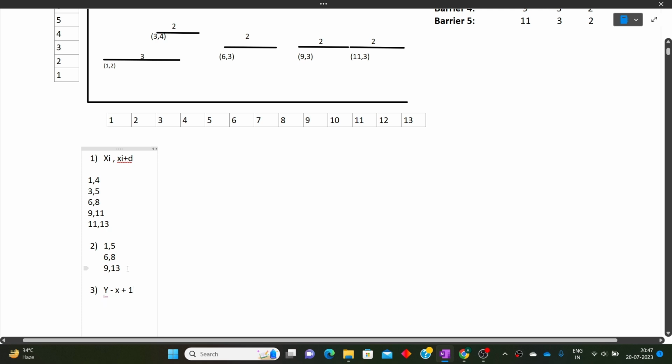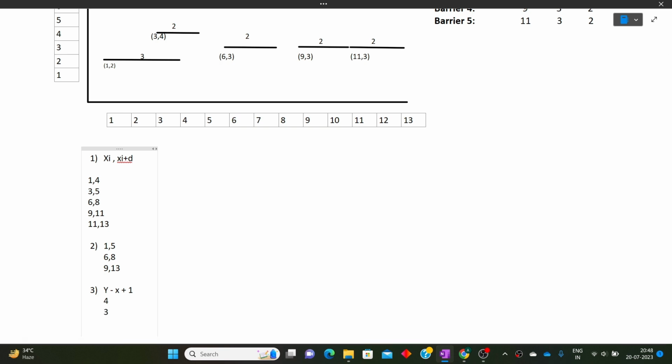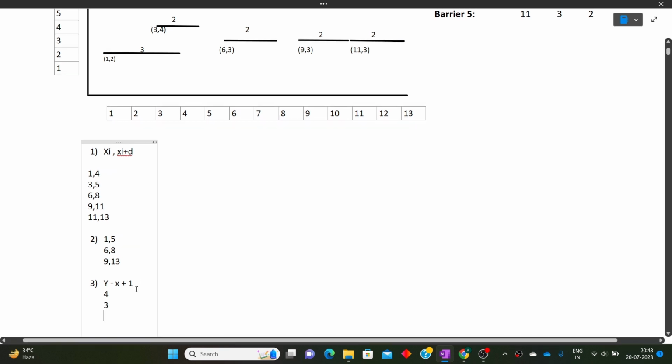Because the total number of people that have been blocked by this barrier is 1, 2, 3, 4, 5. So 5 minus 1 plus 1 will give us 5. Here it will give us 4. So 4 people have been blocked by the first barrier. Then 8 minus 6 plus 1 will give us 3. 3 people have been blocked by the second barrier. Then 13 minus 9 plus 1 will give us 5. That is, 5 people have been blocked by